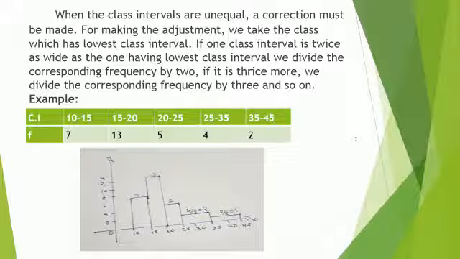And next one also 35 by 10. The class interval is 2 times, so divided by 2 in frequency. So 2 by 2 is 1. You have to use only 1, the frequency 1. This is the unequal class interval, meaning you have to use this method to draw the histogram. If the class interval is thrice, you have to divide by 3.